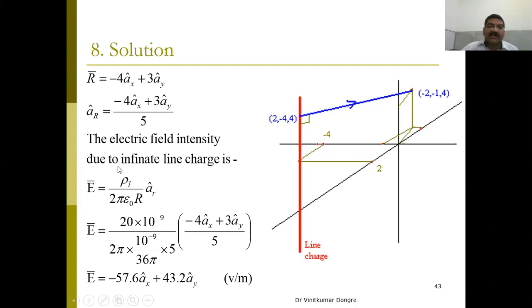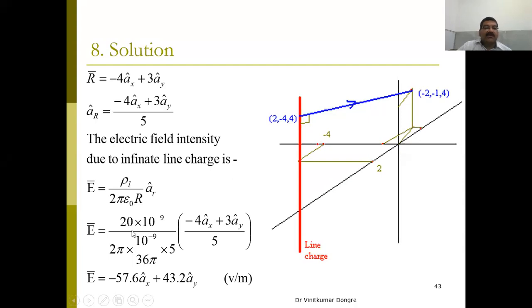So electric field intensity due to an infinite line charge is given by this formula. Don't forget this formula. You will require it everywhere. Only thing you require is this formula and the diagram, that's it. So rho L upon 2 pi epsilon 0 R. Why epsilon 0? It is mentioned that it is free space. If it is not mentioned, then by default you can consider it free space, so epsilon equals epsilon 0. It is aR, not R square. Remember this. Rho L upon 2 pi, not 4 pi. Rho L upon 2 pi epsilon 0 R here.